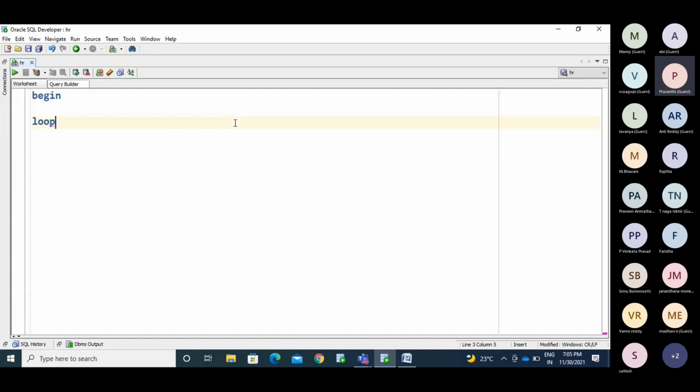It is not only for insert statements, you can do any task. For example, insert into emp values, you can insert that and use it.